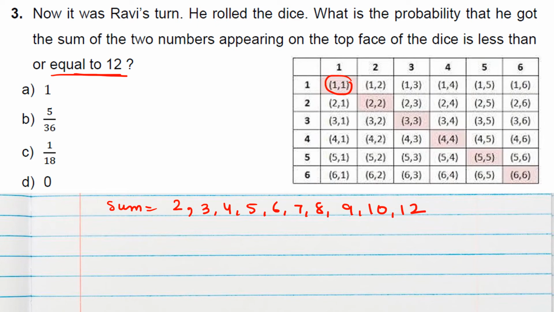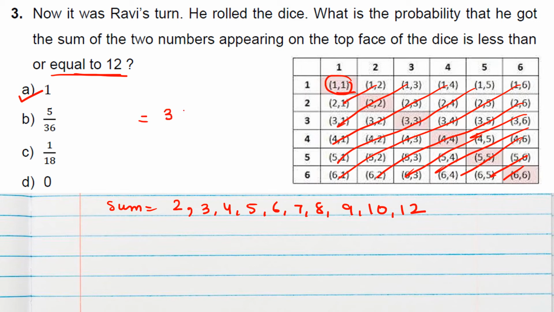So if you observe, each outcome is favorable, because in each outcome you can see the sum is less than or equal to 12. So this is a sure event, right? All outcomes of the sample space are favorable outcomes. So this is actually a sure event. So for a sure event, we have probability 1. Another way to see it: total favorable outcomes are 36 and total outcomes are also 36. Favorable means those outcomes which give a sum less than or equal to 12. So 36 by 36, one only. Okay.